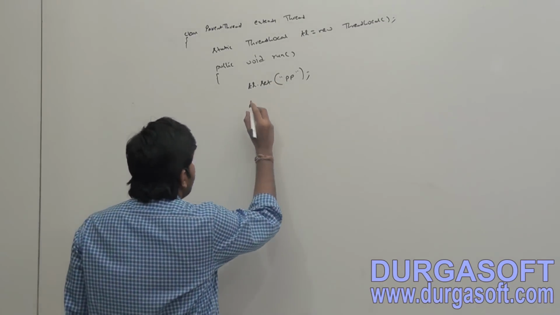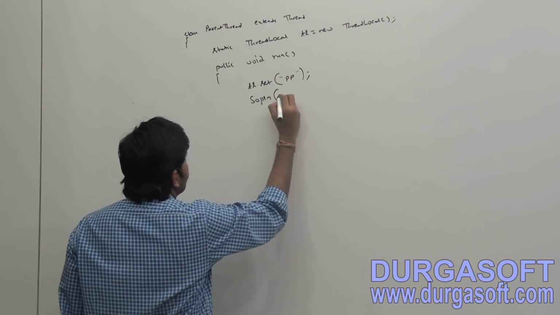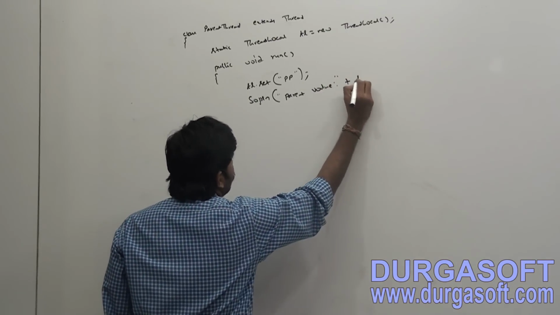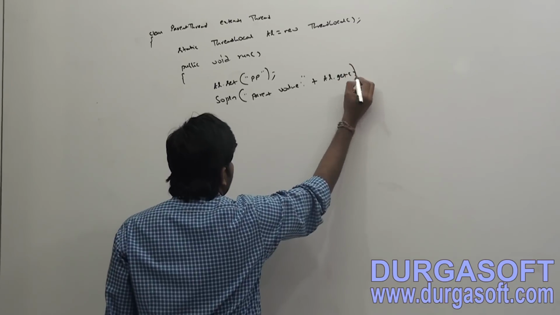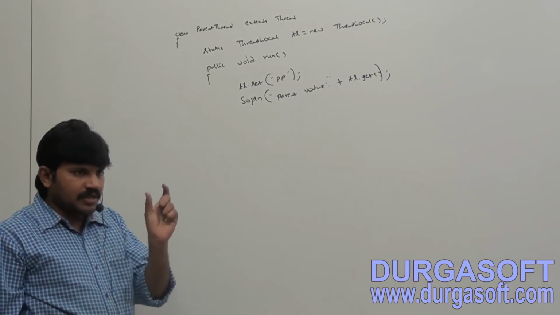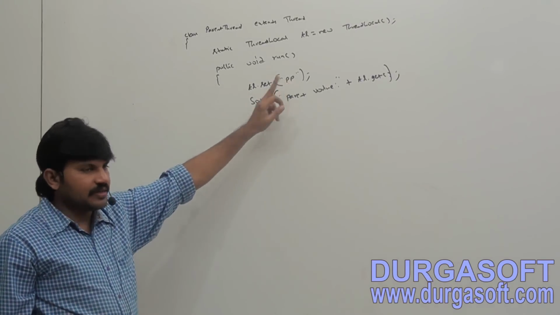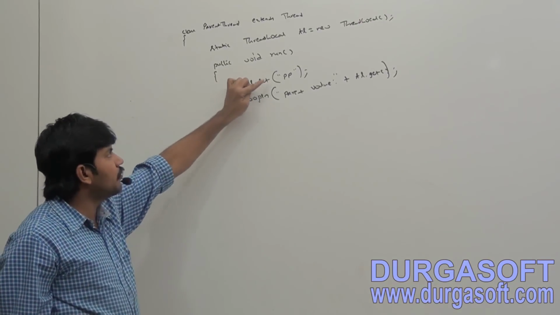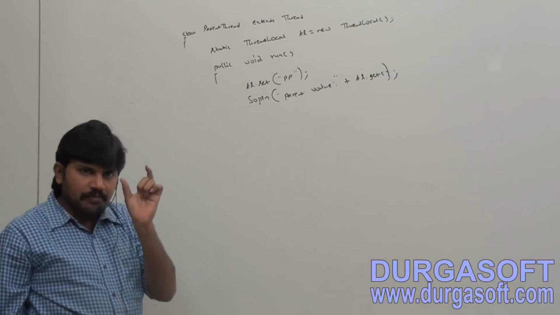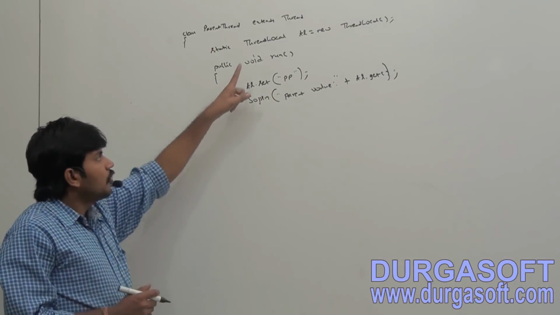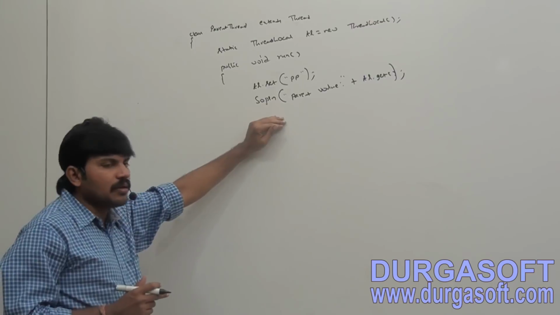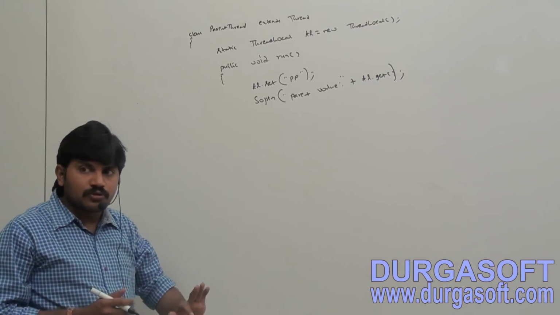Now, System.out.println, parent value, TL.get. Sir, can you tell what value we will get by default now? Array, what is the value we are going to get? PP, because that is the value we added to the thread local object. This line is executed by the current thread. So what is the value added by the current thread? It is nothing but PP, the parent value. What is the parent thread doing? This parent thread is responsible for creating the child thread and starting the child thread.